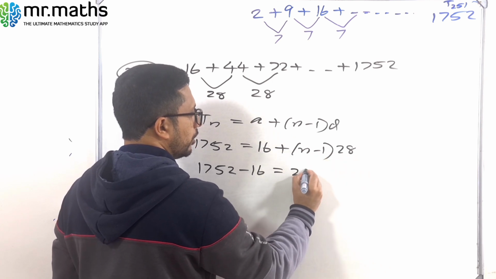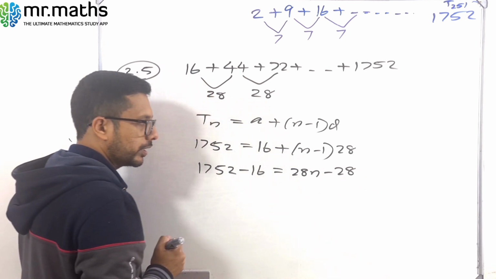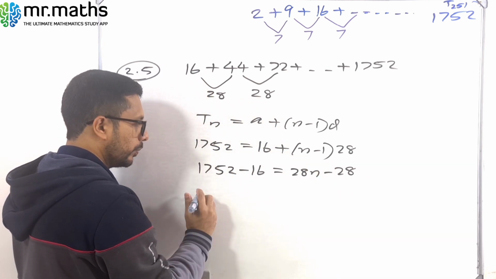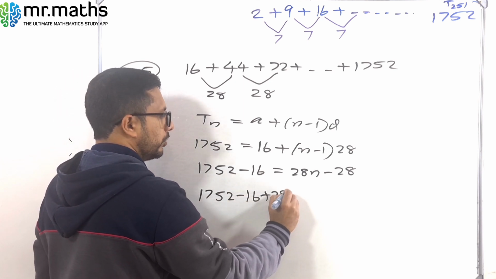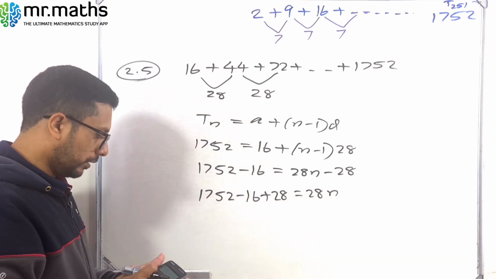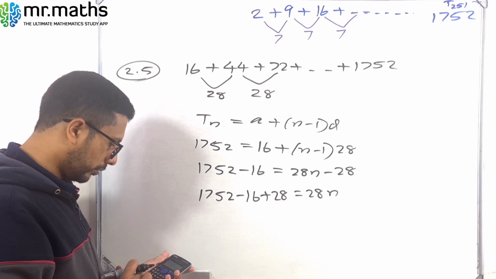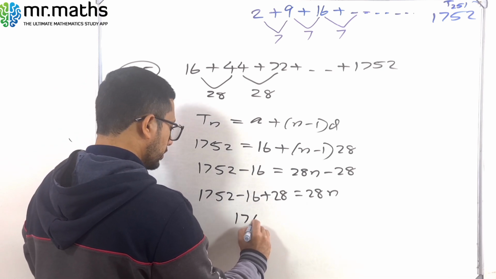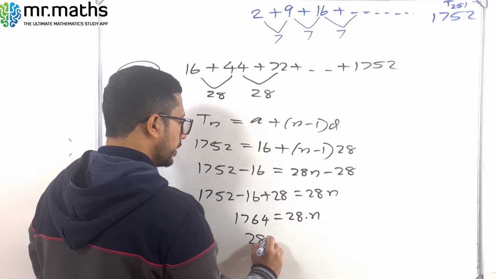28 into n is 28n, 28 into minus 1 is minus 28. So take this minus 28 also to this side, so in this side it is plus. So 1752 minus 16 plus 28 is equal to 28n. So what is the answer of this one? 1752 minus 16 plus 28, 1764 is equal to 28n,